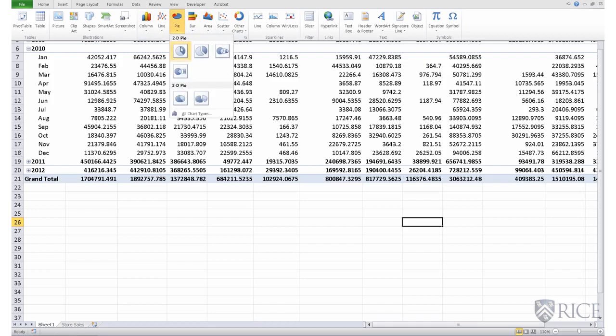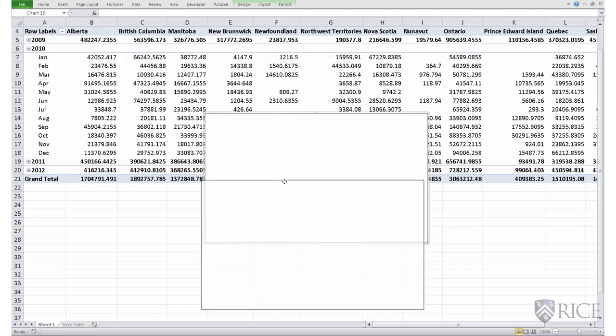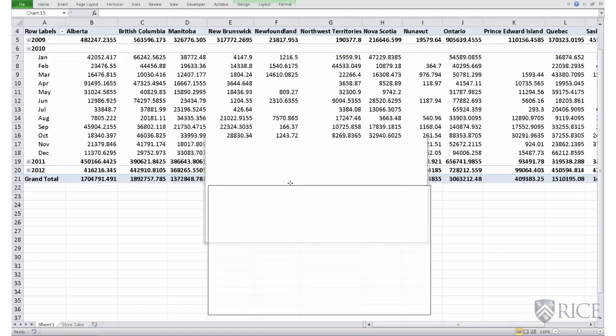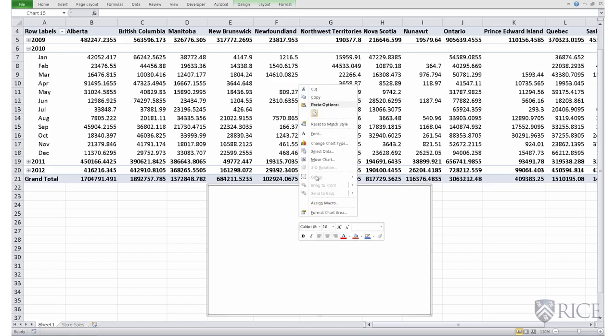Let's go by the very first option, which is the most popular. Again, a blank slate is produced. I'll put my pie chart in this blank slate. I do a right click, select data,